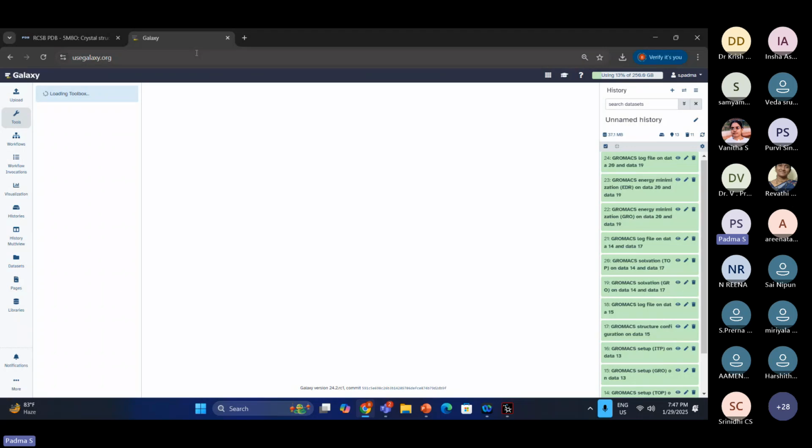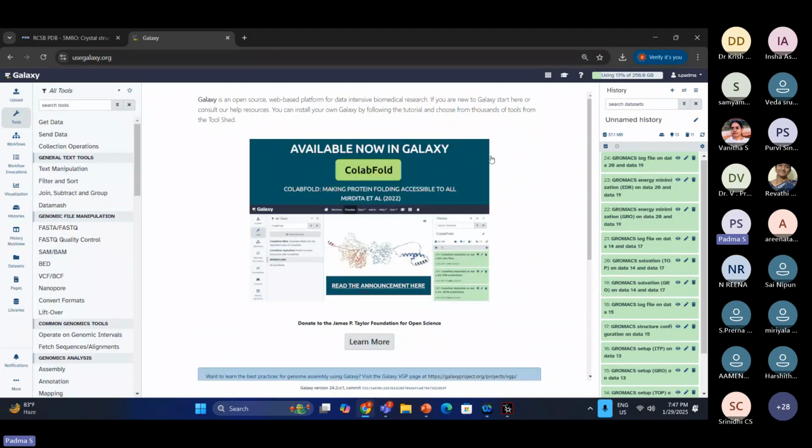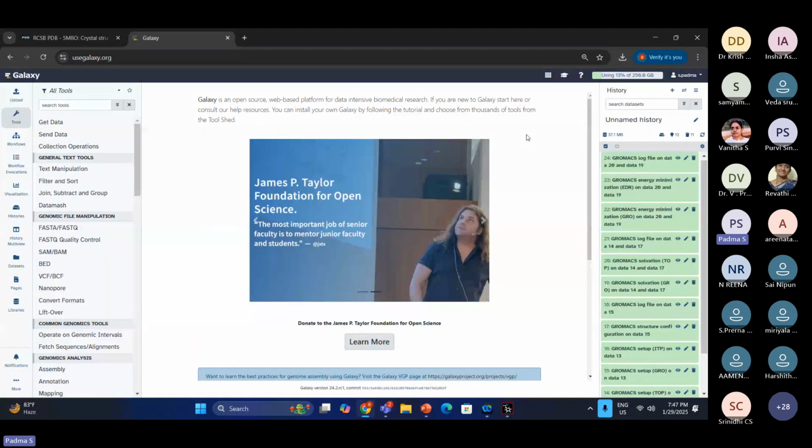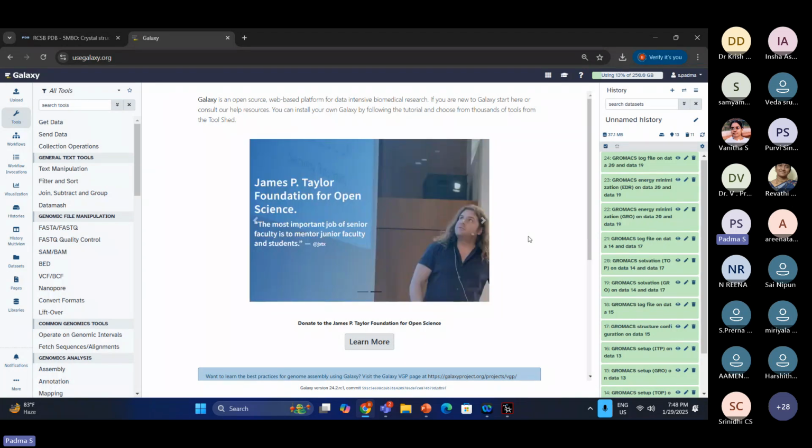If you have already registered or opened it, you can log into the Galaxy. And in the Galaxy, we can also do the energy minimization, similar to what we have done with other tools in the Galaxy. Galaxy is also a very useful tool where you don't need to save the energy conserved form or any modifications you would like to do in the